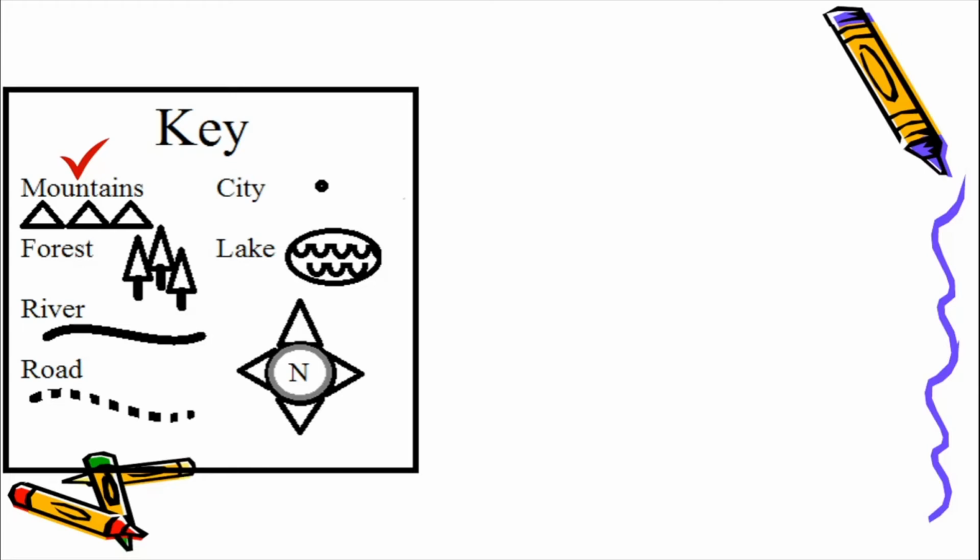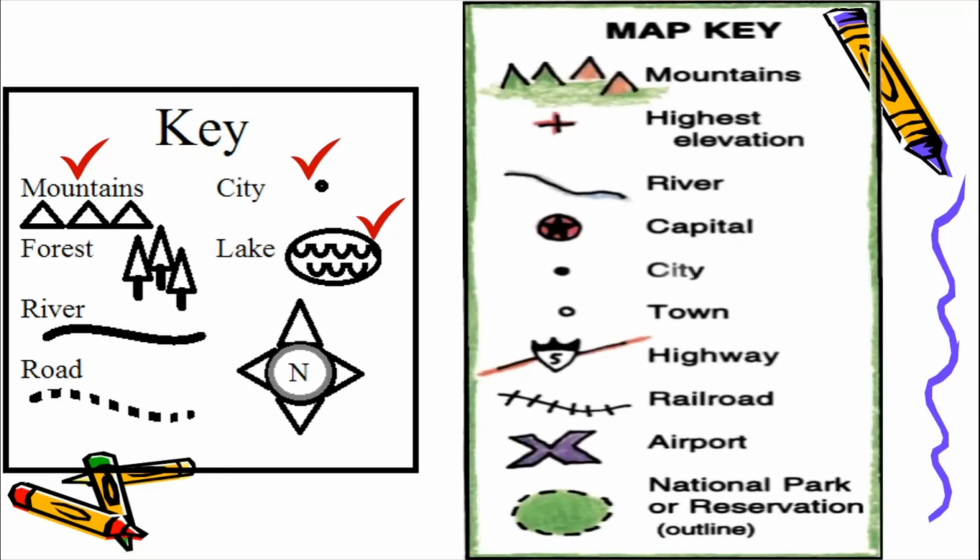This kind of symbol is used for a lake. Didn't you see there in the picture that you have a round thing with blue water inside? That means it is a lake. See, these kinds of dots are used to indicate cities. All right, and then you have roads here, and also there is a portion showing you the direction. So all these things which you find on the map are part of the key of the map.